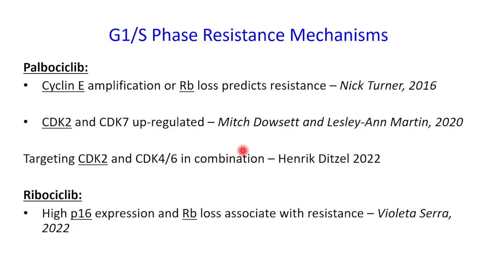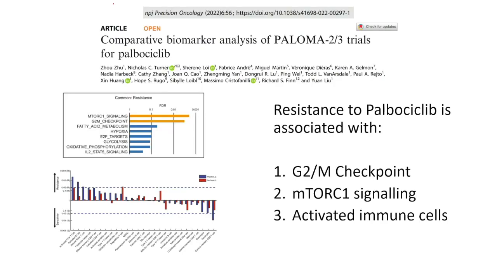With Violeta Serra in Barcelona, we published this preclinical work last year where we looked at, I think, 40 patient-derived xenograft samples and showed that actually the resistance to ribociclib coincided with high P16 expression, again an inhibitor of the G1 kinases, and also the loss of RB. So these seem to be very common mechanisms in resistance in that part of the cell cycle where the drugs are active. But there are other mechanisms of resistance, and some of those were revealed when